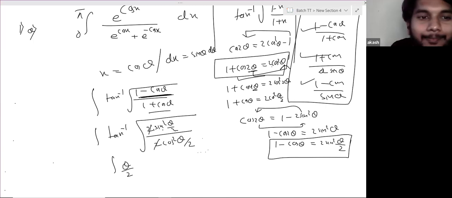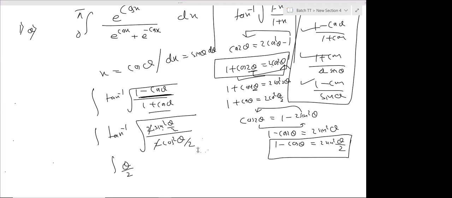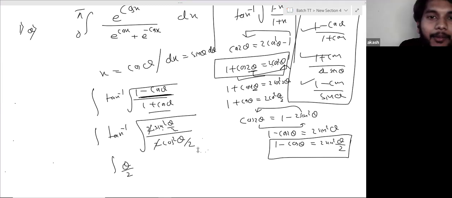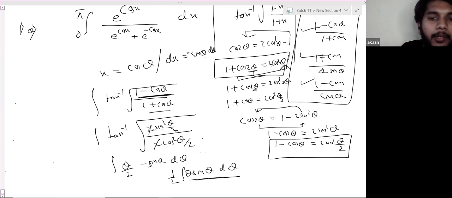Sure about that? What is the differentiation of cos theta? Minus sin theta. Minus sine theta, right? All right. So minus sine theta d theta. So we have minus sine theta d theta also. All right. So this is integration of half theta sine theta d theta. So now you know how to solve this using by parts,